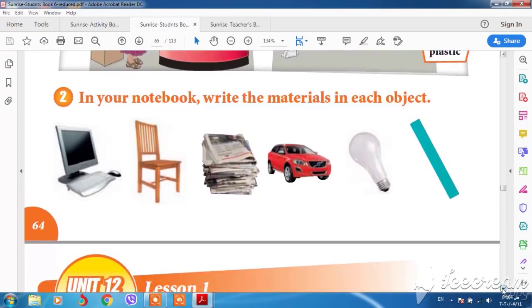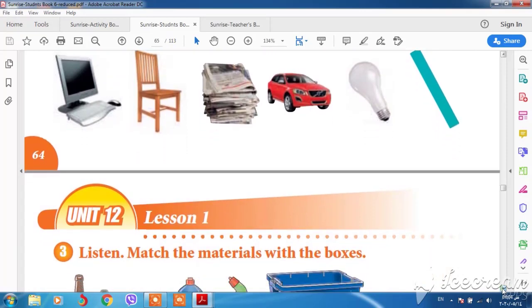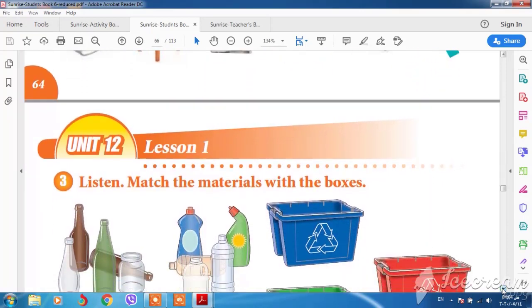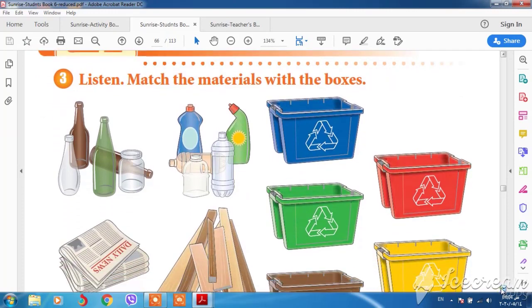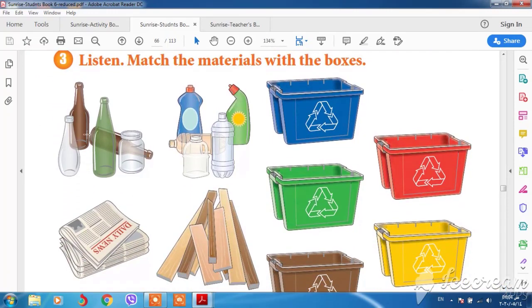Okay. Unit 12, Lesson 1. Listen, match the materials with the boxes. We have some boxes, and we have glass, we have plastic, we have paper, we have wood, and we have some boxes of different colors. Okay, and you can put any